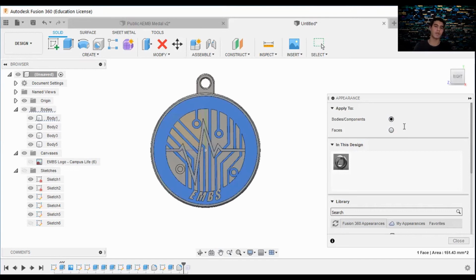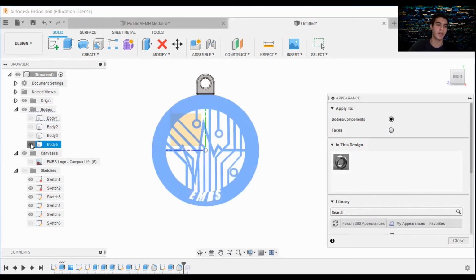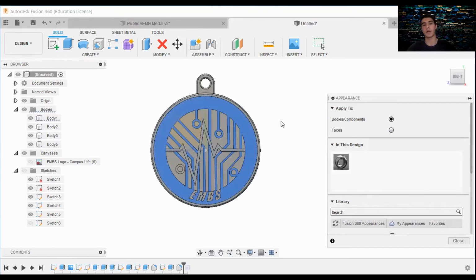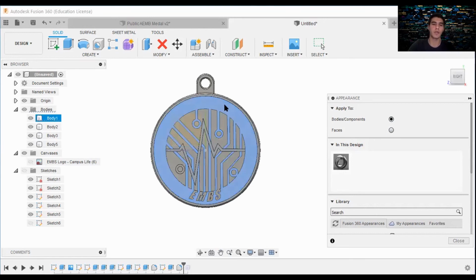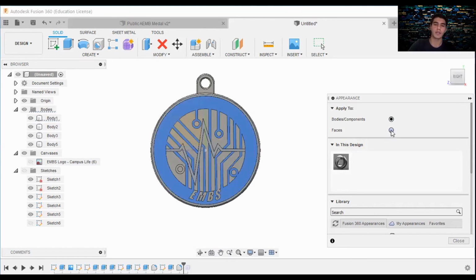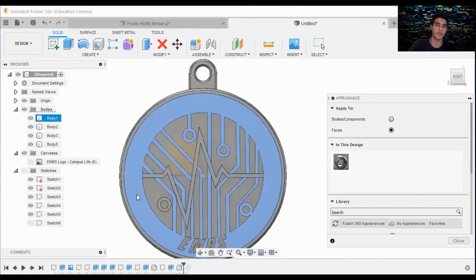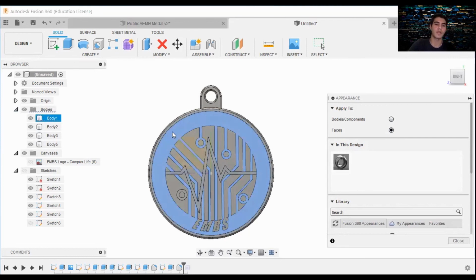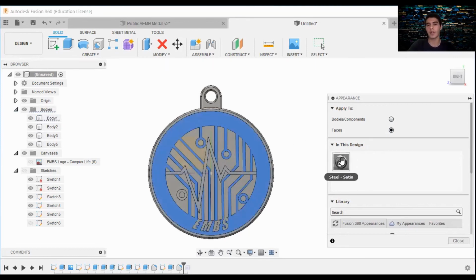So what does that mean? It basically means if you have bodies, so right here are body 1, body 2, body 3, body 5, each one is a different body, and when you apply material to a body, it will apply only to that body. And when you apply to a face, you can apply to a particular part of a body. Let's say I want to apply only to this front face. It might still be body 1, but it will be the front face of body 1. So right now I set it to steel satin,